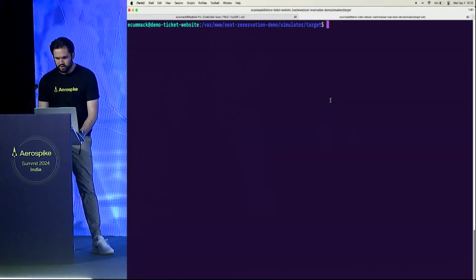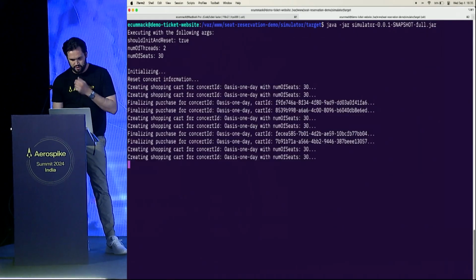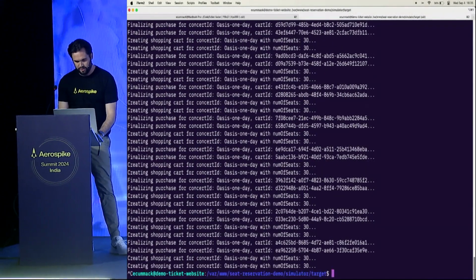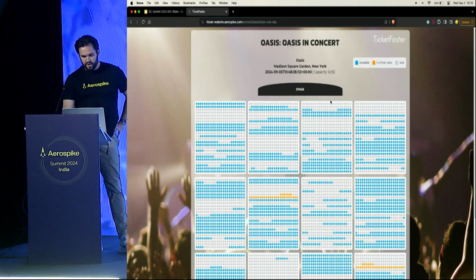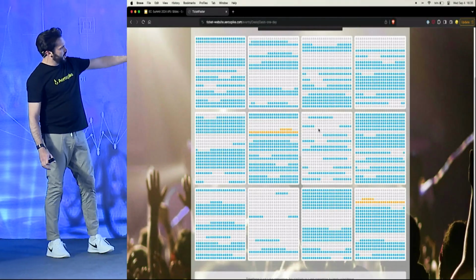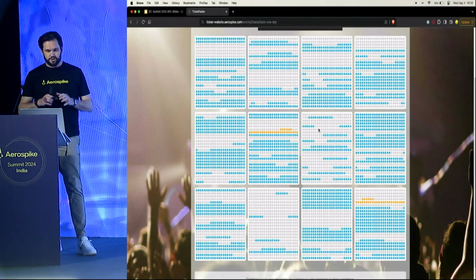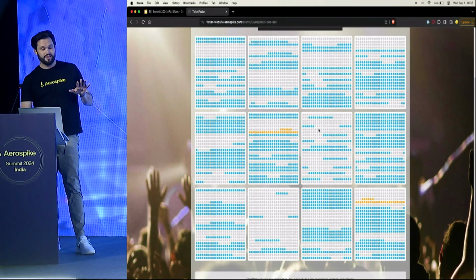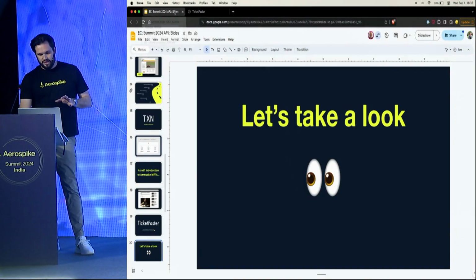Of course, it is Aerospike, so it's actually pretty fast, and I can go ahead and simulate some traffic. If my assumptions are correct, you'll see that some of these ended up in carts, and some of them ended up purchased. We also use multi-record transactions to make sure that if you want 2 seats, you don't end up with 1 seat, which is great.